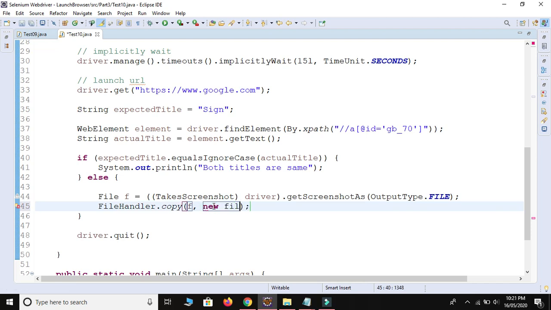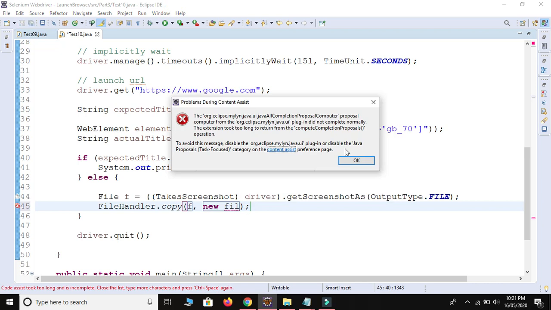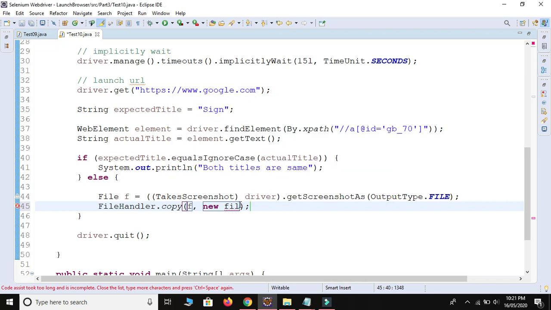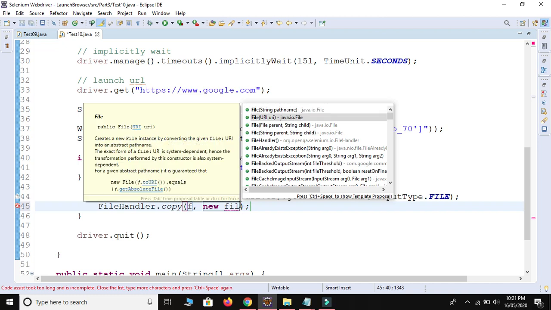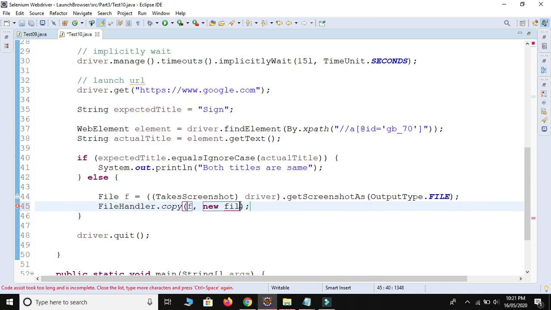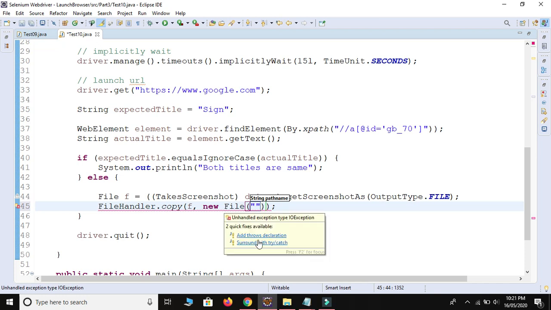So I have written new file, then path name, means where I need to store the file. So it will throw some error, so let me use throws.